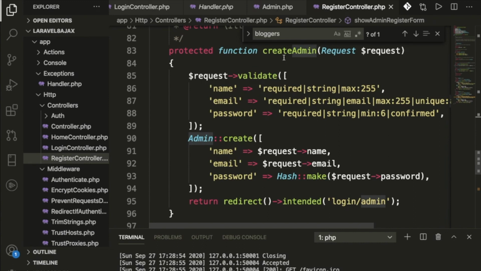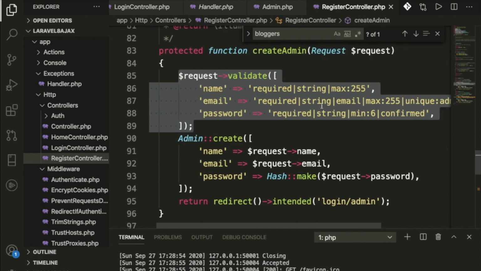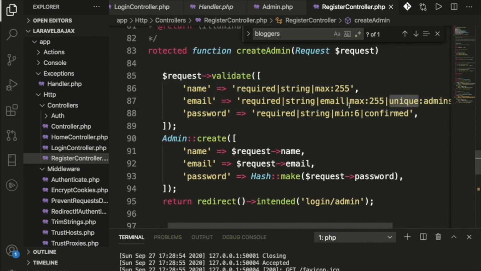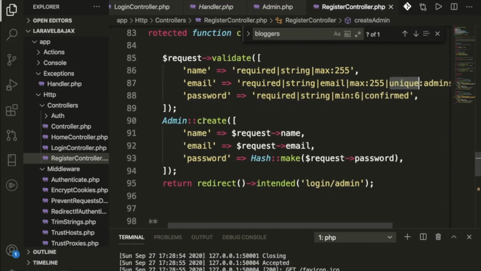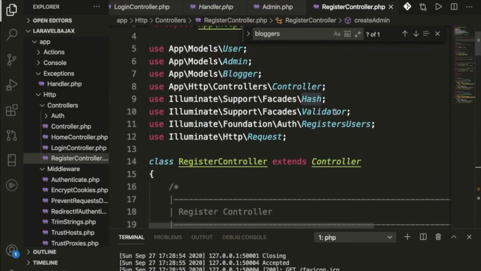If anyone hits the create models function, then what we're doing here is validating the data: name is required, string, maximum, whatever you want to add here. We are also checking whether the admin's email is a unique field or not. This is for validation purposes. If everything is fine, then we create the data: name, email, and password, and we're using hash. We pass the data this way for security purposes, so we need to implement this line. Don't forget to write this. And if you want validation, you need to add a validator here.